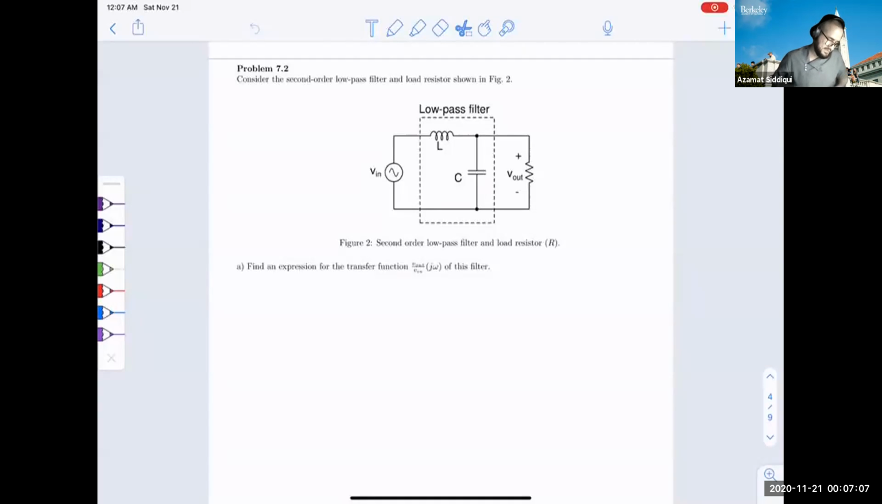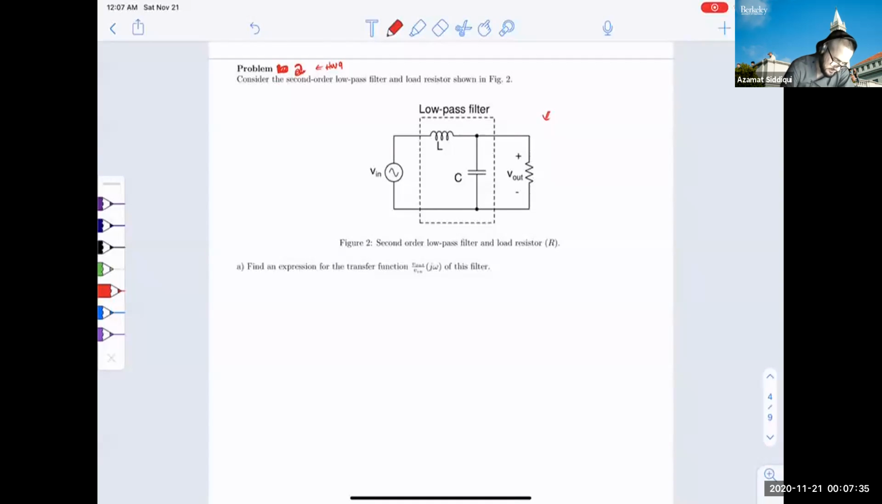Right, welcome back. We're going to go over problem 2. Actually, this one is problem 2, other than pretty much homework, but it is homework 9. Okay, so what this is telling us to do is, say we have that second order low pass filter right here,